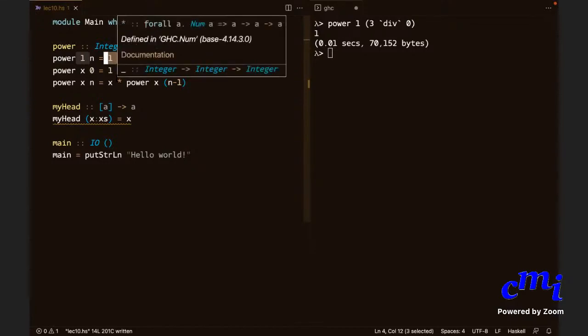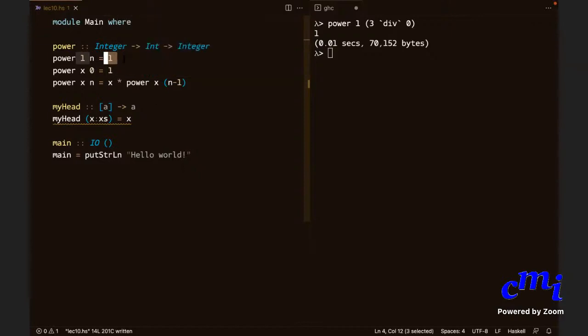So this is the rule. It will try to see whether the first rule is applicable. To see whether the first rule is applicable, it will evaluate all the arguments which have to be matched against patterns. And then it will see the right hand side of the definition. If it doesn't involve any of the input variables, then it will not evaluate them at all.